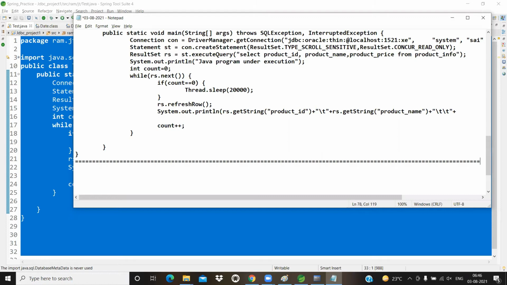But with only result set sensitive, we can't do this process. We have to take the support of the refresh row method.